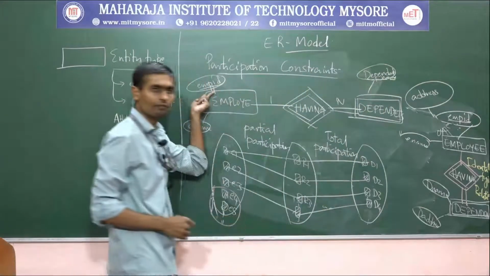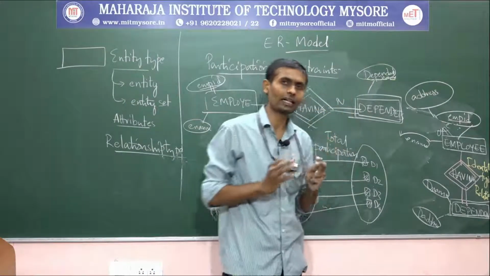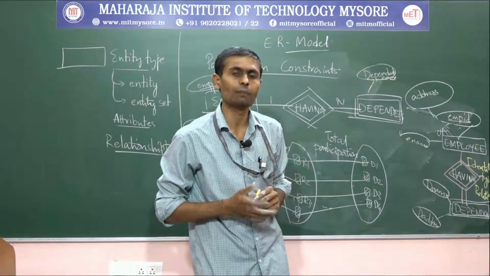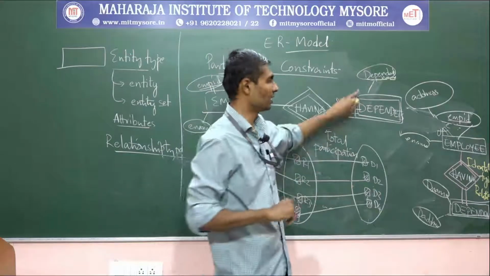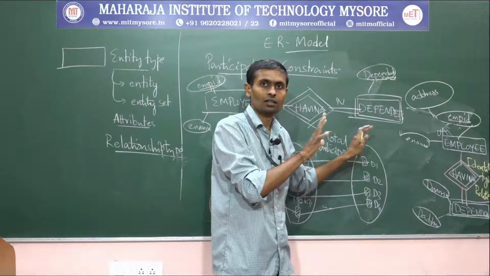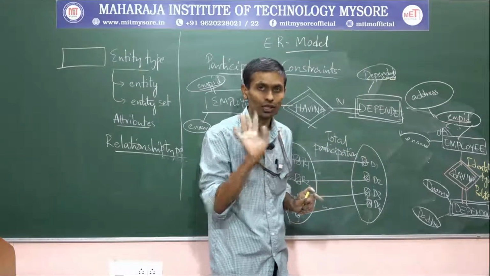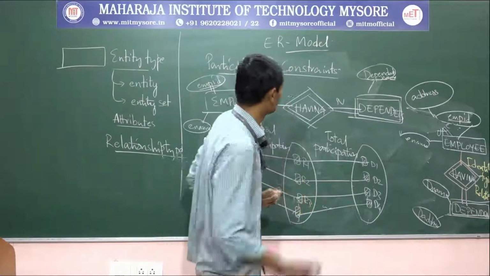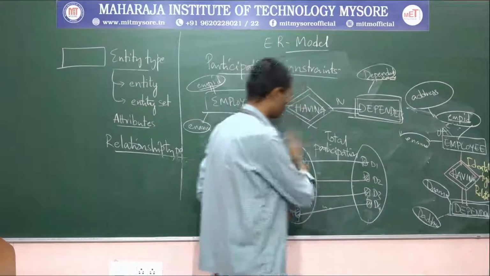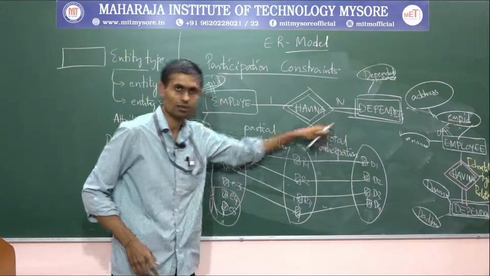But here, a solid line is for a key attribute, and if any attribute is underlined with a dotted line, then we call it a partial key, right? Partial keys. Let's assume, don't think that it's a key. We're assuming for the time being as a key, that's it. But it's not a key. That's it. This is all about weak entity type, identifying relationship type, total participation, right?